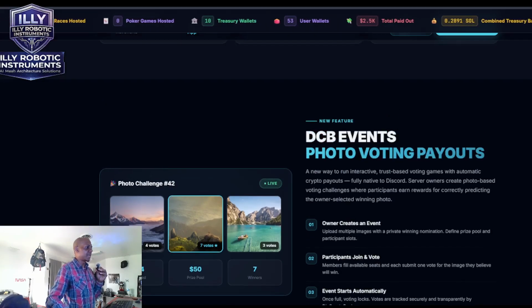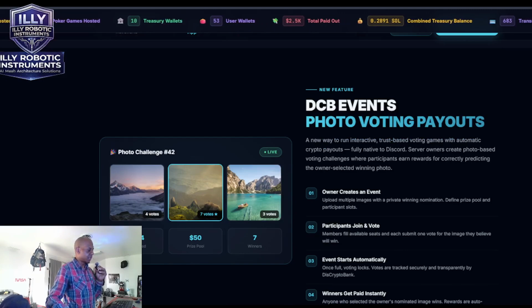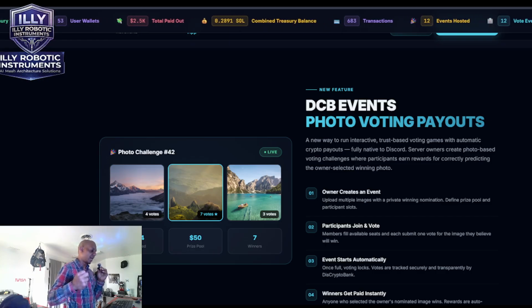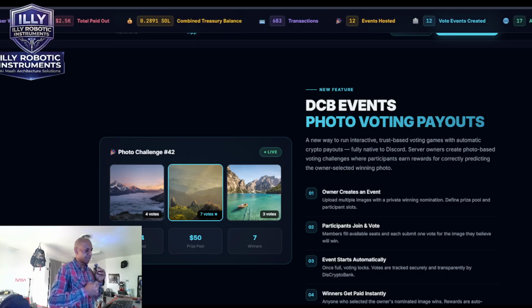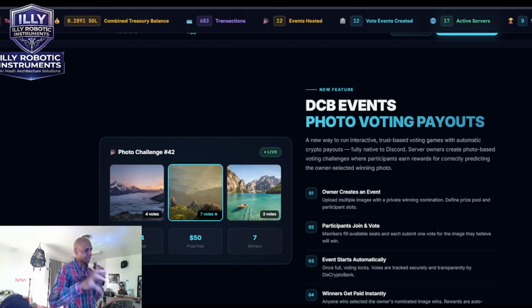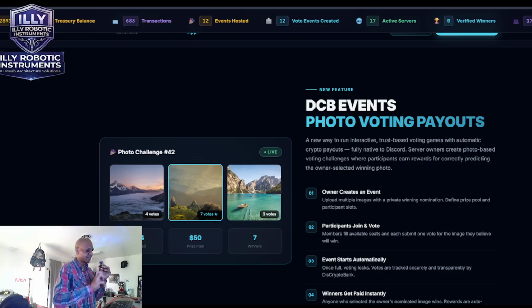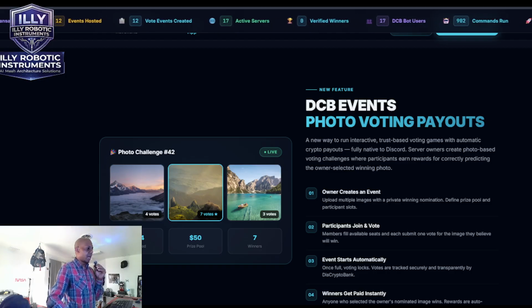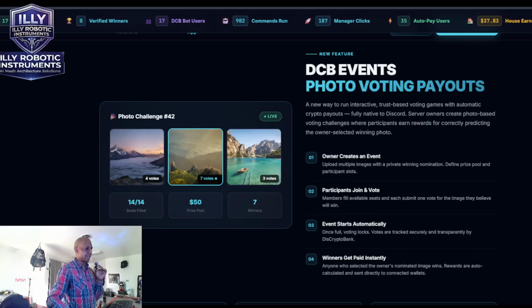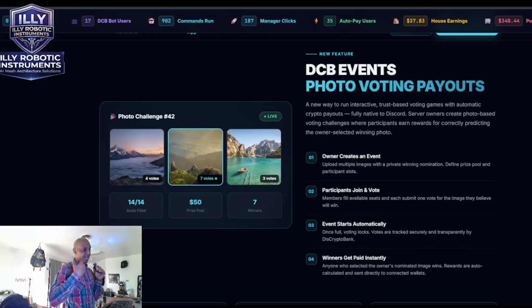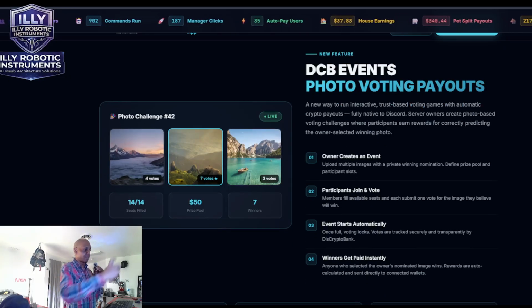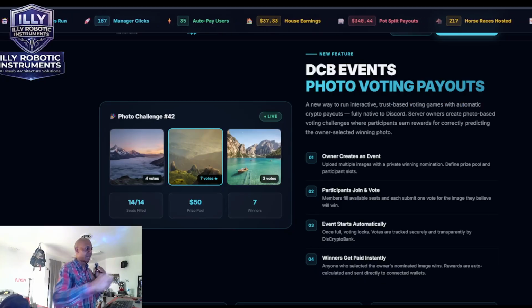And what I've created here is an event manager that allows Discord server owners and beyond, because this also works for Instagram, Facebook, Reddit, etc. Any place where you're posting something that can be interactive and can be used with others, X. But for right now, it's just running on Discord. And essentially, this is an event manager that allows the server owners to create an event and post a prize pool for that particular event,